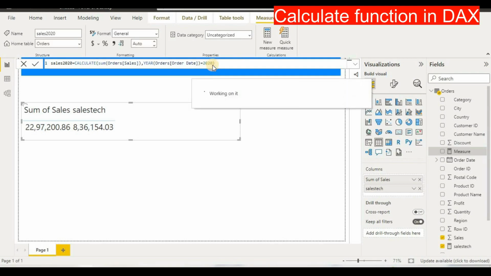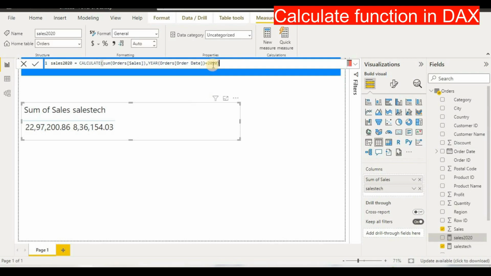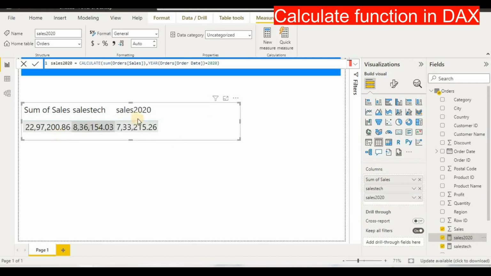So we have a new measure with the order date, and if we want to put it here, sales 2020, just drag this and put it here. So we have a new measure here where we can find our sales according to the year 2020. Next thing, if you want to find out which technology and our year also, how can we do that? So we create a new measure here